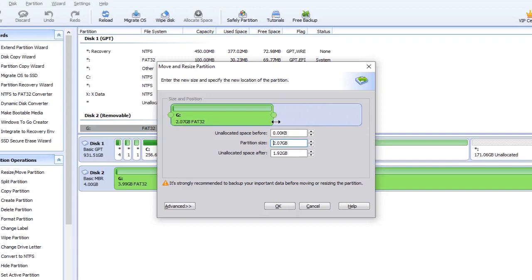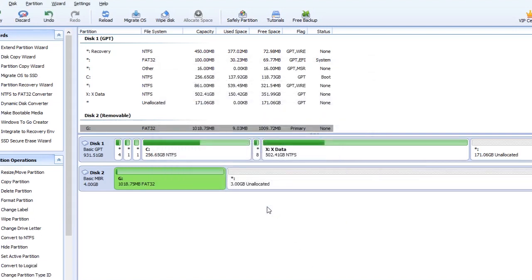The unallocated space after would be the space on which your Ubuntu will get installed. So make sure it's between 20 to 100 GBs. If you want to do a lot of work in Ubuntu, you want to keep videos and all, then 100 GBs would be optimal. Otherwise 20 GBs would be enough for Ubuntu, because you won't be running much heavy software on it. So after we do that, we have to go and click apply,